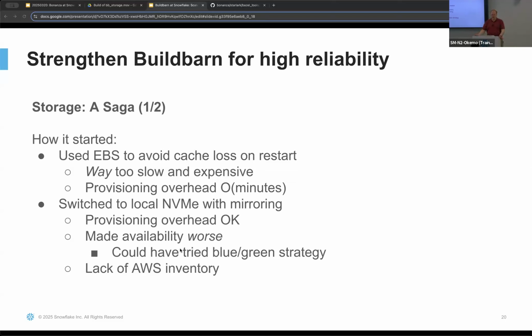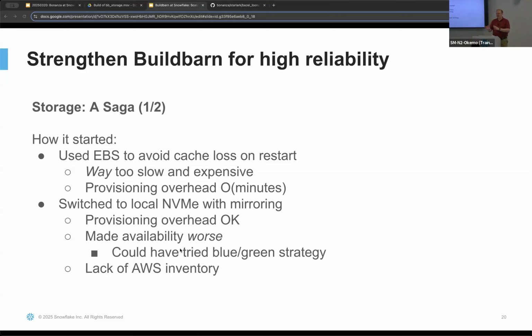So we switched to local NVMe, and we used mirroring because we wanted to persist the cache. And the provisioning overhead was fine with that. There's some, but it wasn't too bad. But it actually made availability worse for us. While it maintained the story of keeping the cache data around, the way it's implemented currently is that if either mirror goes down, writes cannot proceed. It has to wait for both mirrors to be healthy so that the writes can be written